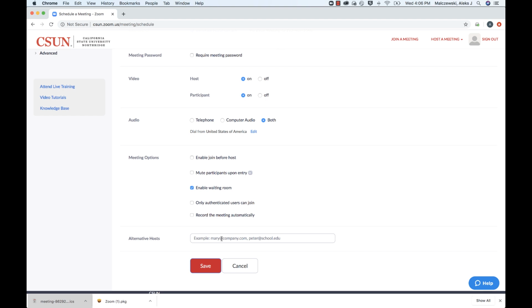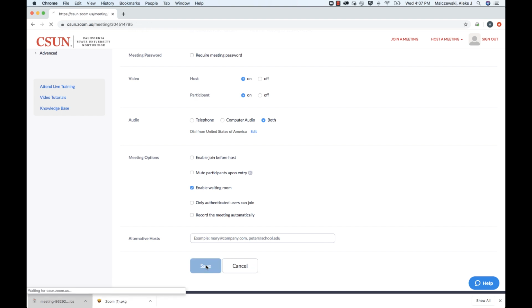So I would say enable the waiting room, and the only thing that you'll have to do once you're in the meeting is you will see a little button pop up just letting you know that you have a new participant who is trying to join the meeting, and that will be your cue to let the current student know, hey, I'm going to have to wrap this up. It looks like another student is in line behind you. Do you have any more questions? Okay, great. Well, I'll see you in class, or I'll see you in the next session. And then you can go into participants, remove the student that you're talking to, and then admit the next student in. So it's a pretty easy tool,